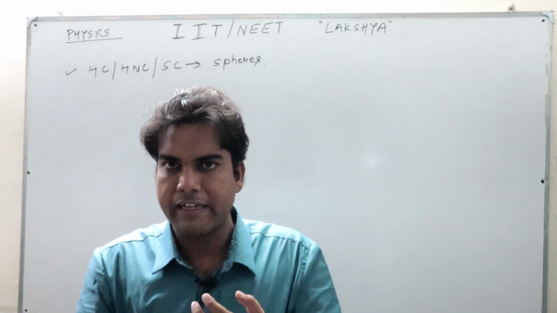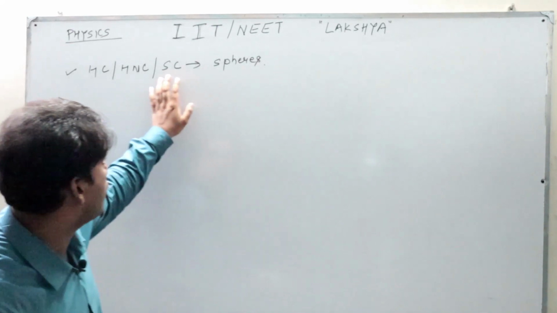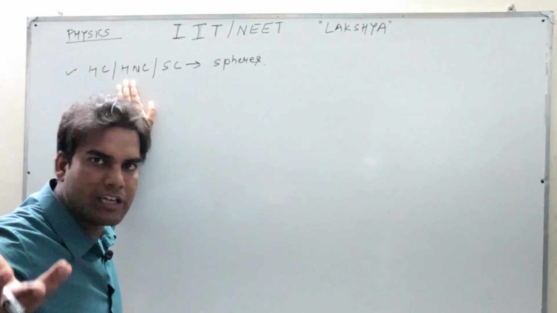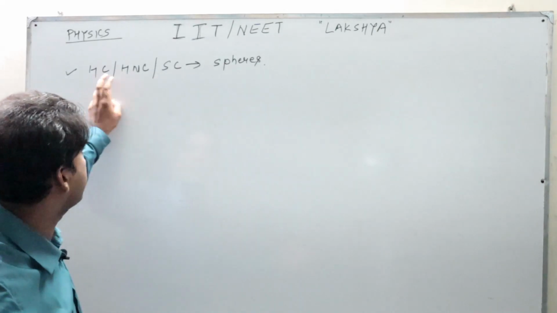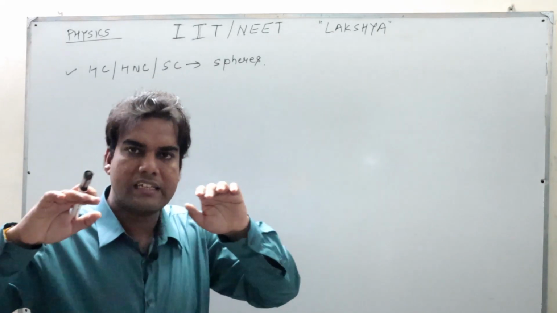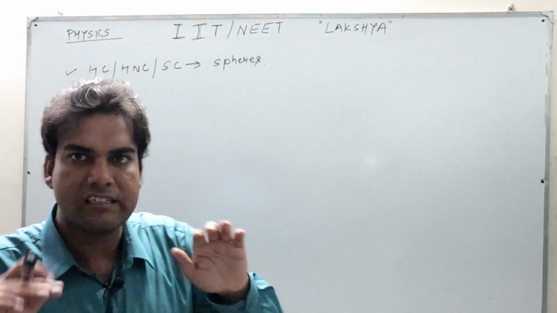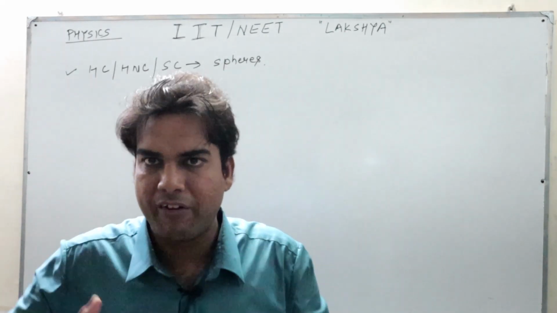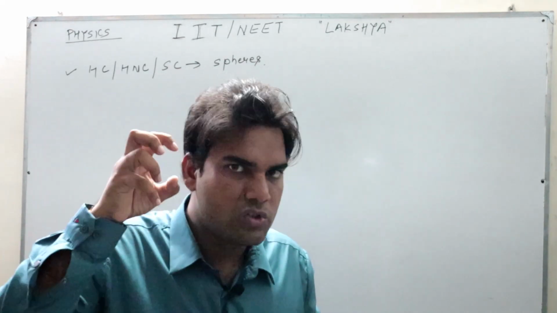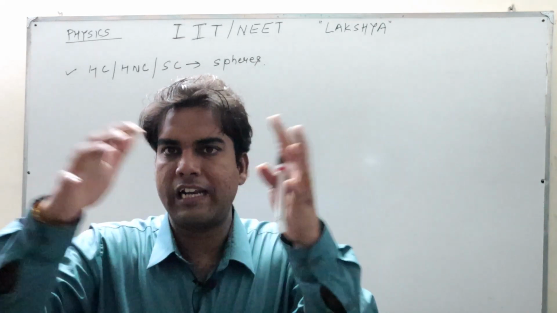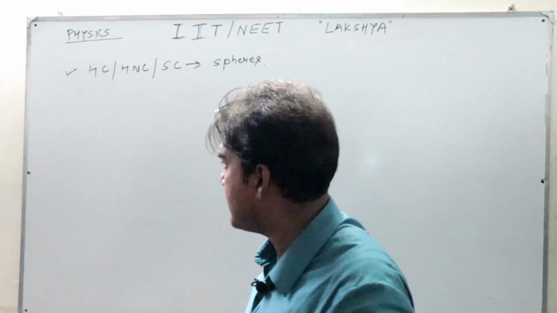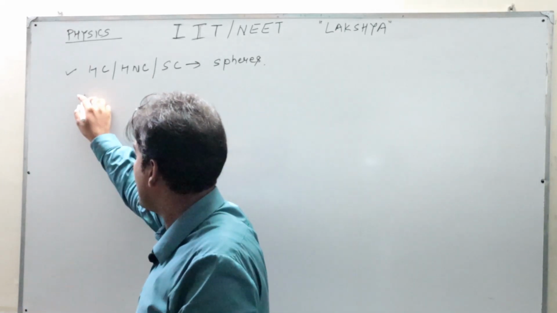In solid conducting also, in hollow, so obviously it has to appear on the surface only, so there is no doubt here. In hollow conducting, hollow non-conducting, the charge has to appear on the surface only, but in solid conducting also the charge appears on the surface. So whenever we inject any charge to these types of spheres, the charge will automatically appear on the surface. So point number 1 is very much important,